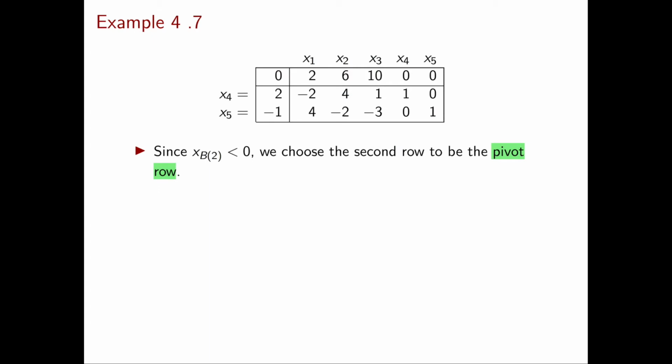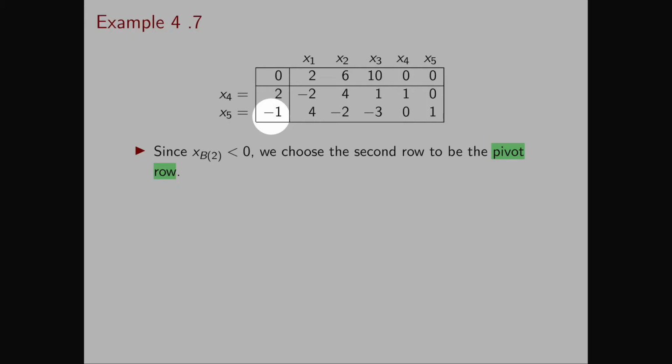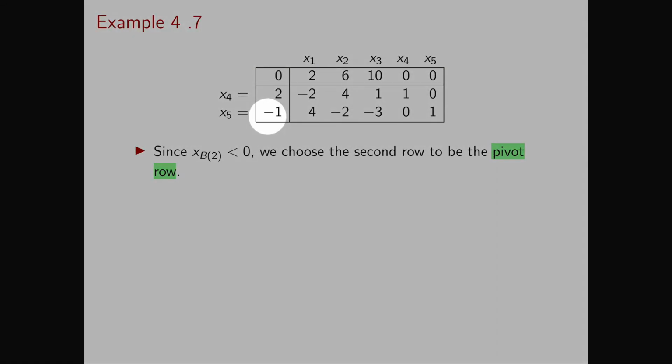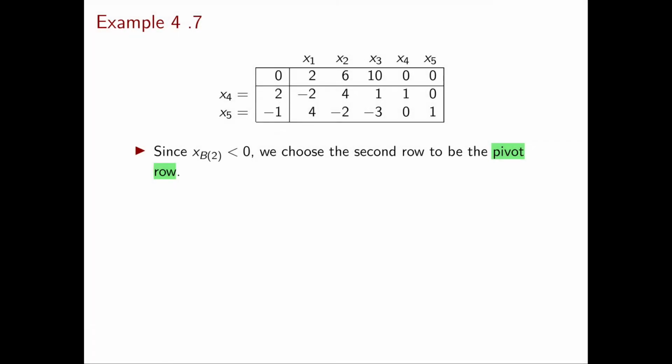Let's immediately see a small example. Let's say that in our dual simplex method we currently have the tableau over here. It's immediately clear from this tableau that we are using the dual simplex method and not the primal simplex method. In fact, I have a negative entry in the 0th column, and I have all reduced costs greater than or equal to 0. So now the second basic variable is strictly negative, so we choose the second row to be the pivot row.